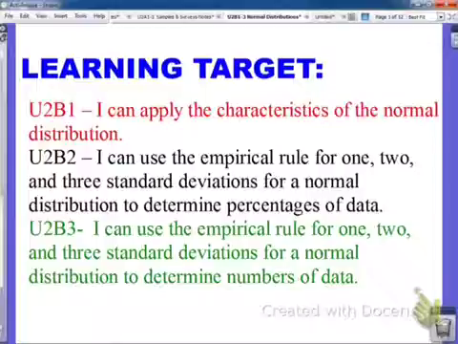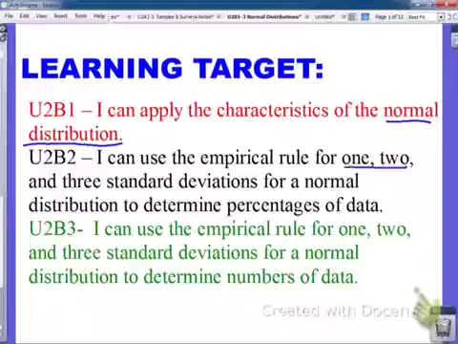Hello, today in this lesson we are looking at the characteristics of the normal distribution. What in the world do I mean by that? We're also going to use the empirical rule for 1, 2, and 3 standard deviations for a normal distribution